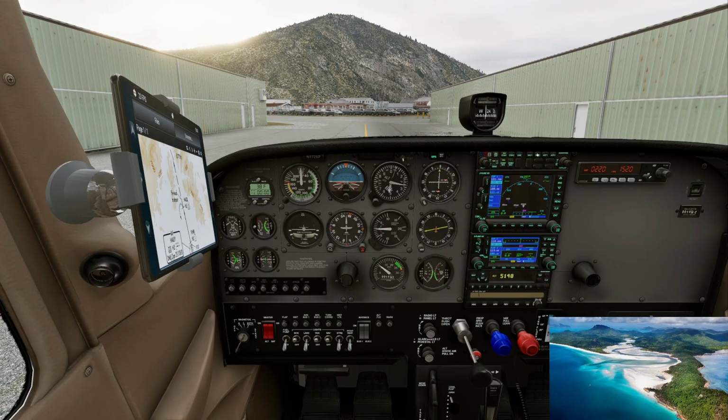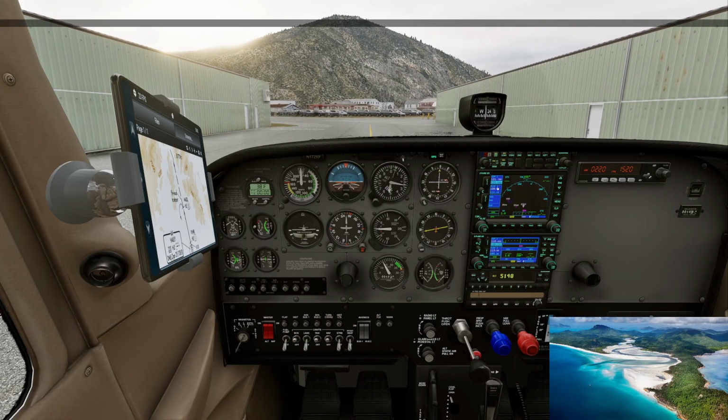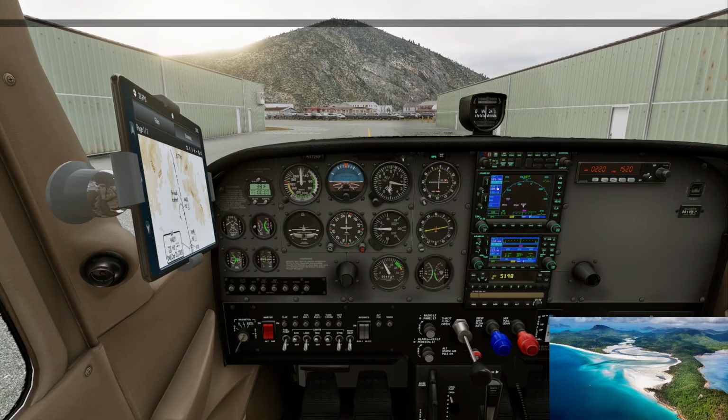Let's go ahead and identify our ADF. 4 dots, a dot dash, 2 dots, and a dot. Good. Okay, we got our clearance to taxi. Now, I'm not familiar with this airport, so